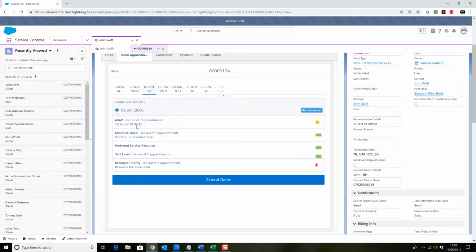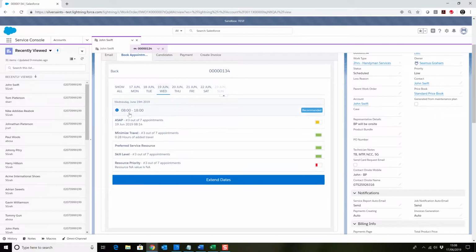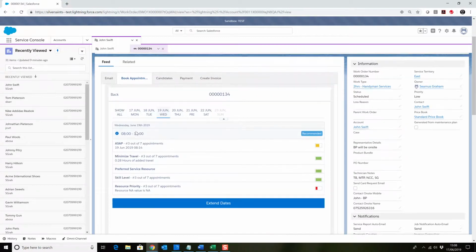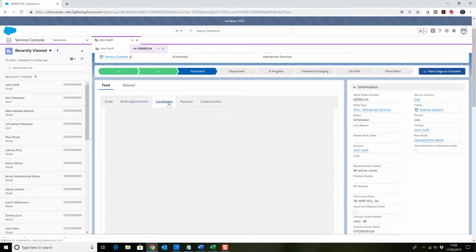This appointment is for the handyman to arrive between 8 and 9 o'clock on Tuesday. On Wednesday, we've got an appointment for the technician to arrive between 8 and 9. If none of these, if the customer particularly wants a specific handyman, you can click on candidates,